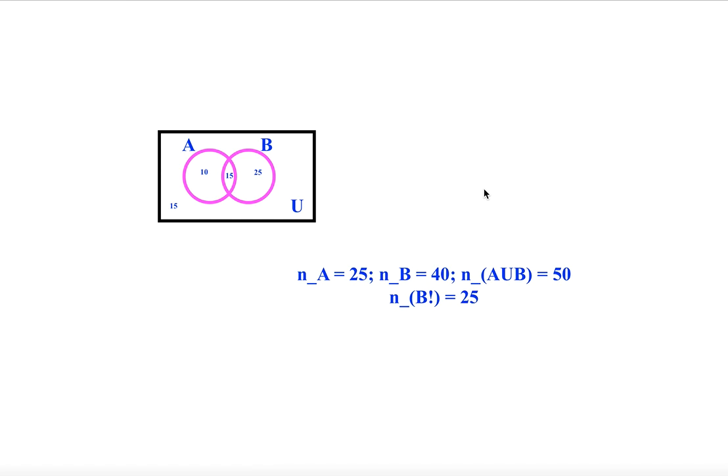Now you can figure out what is n of U. How much will it be? n of U will be. See, the problem is not complicated. Only thing is you need to visualize things, right? For that the Venn diagram is much helpful. What you want? n of U. Or I am writing it with an underscore, right? No problem. Anyway, it is fine. Okay, let's increase the font size.